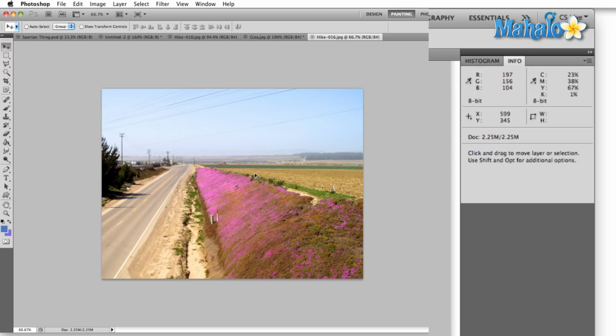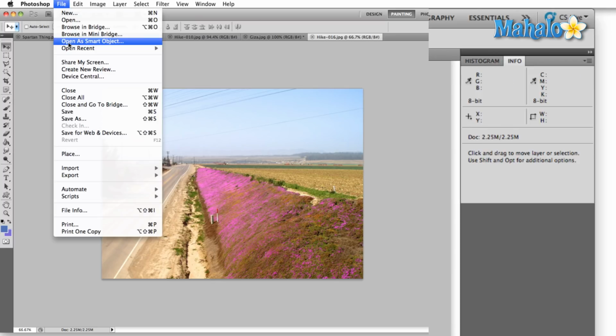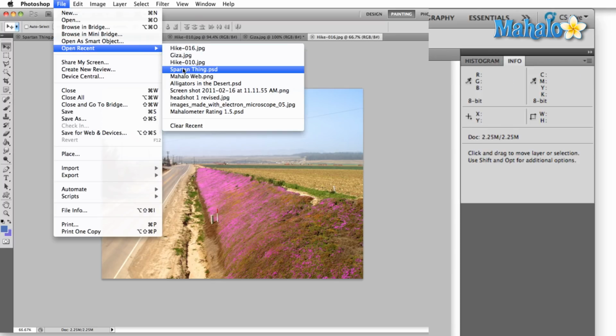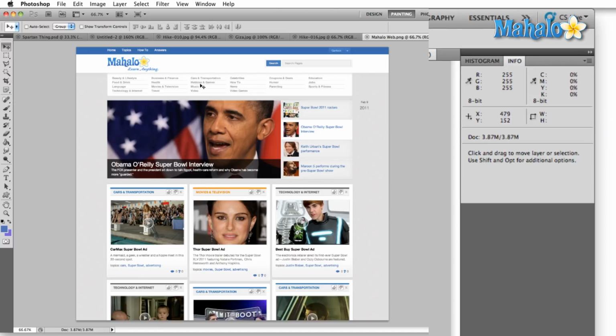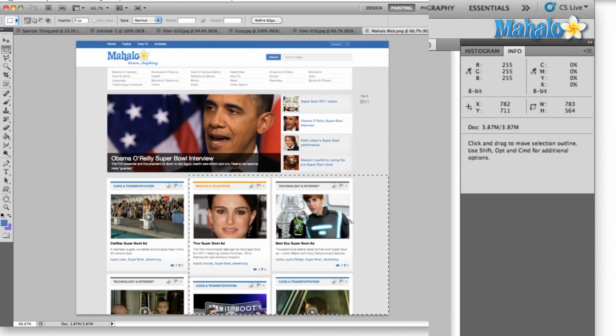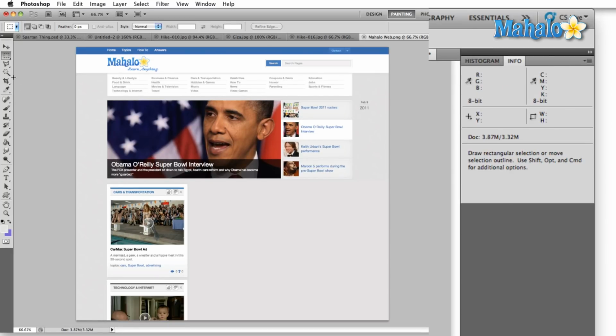Here's how the info panel can save you time and stress. In the File menu, I'm going to pull up this Mahalo Web PNG. Now, if I'm creating a layout for a website, obviously Mahalo.com already exists, but if I'm creating a layout for a website from scratch, and let's say I want to duplicate the Cars and Transportation panel. Now, I'm not really sure what size all of this is, but if I come over here with the marquee tool and I select, say, this photo right here,